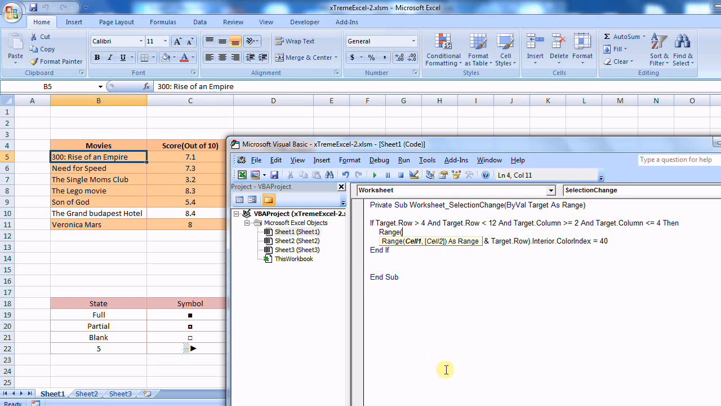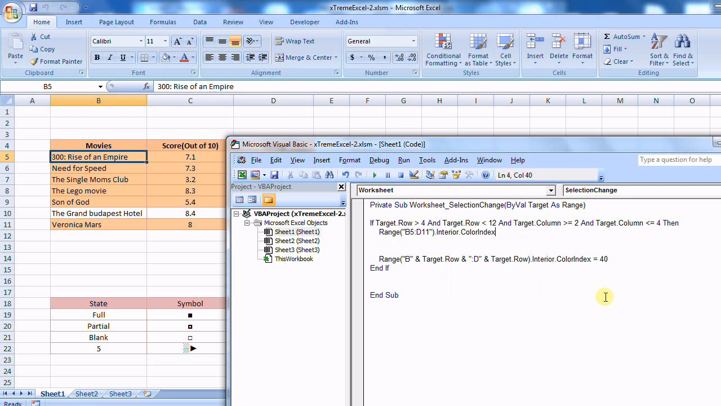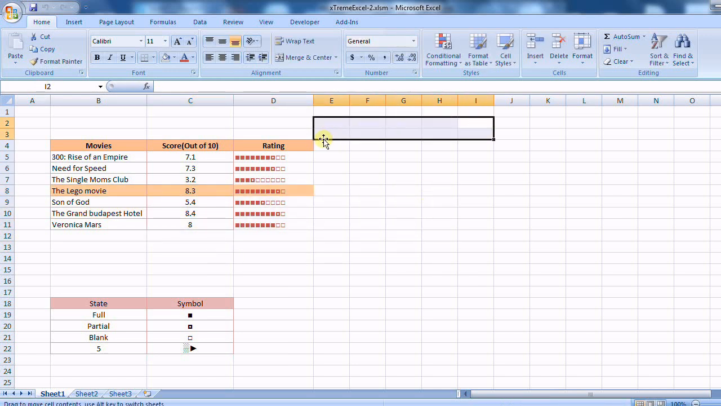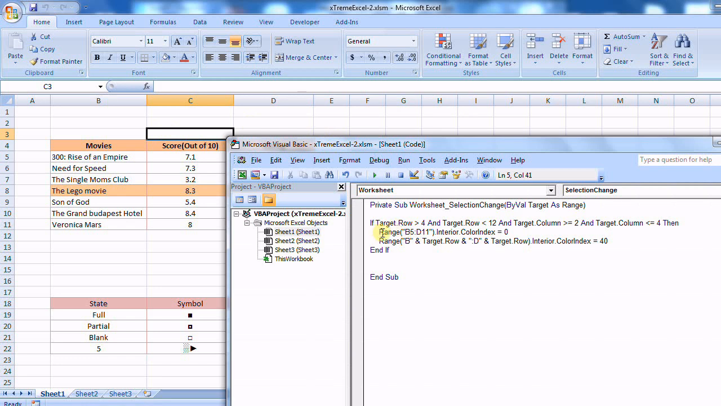So range B5 to D11 dot interior dot color index, and let's make it no fill. So by the value 0 you can make it no fill, right? So now if you make any selection, you will see it only highlights the current row, and before highlighting it clears all these cells basically, right? So the user gets the experience that only the row which he is selecting is getting highlighted, right? And nothing is happening if I make any selection outside the range, because I have put a condition that this should only happen if the row lies between 4 and 12 and column lies between 2 and 4,